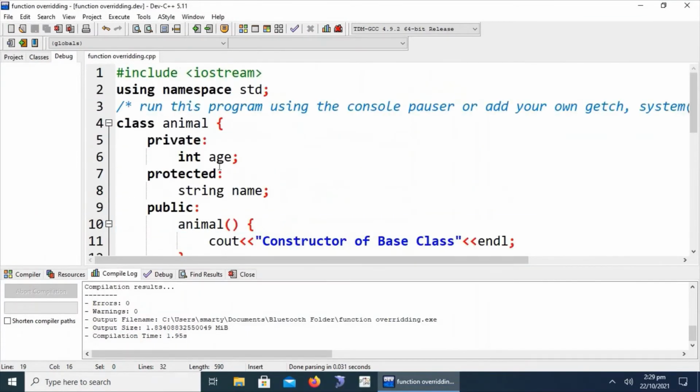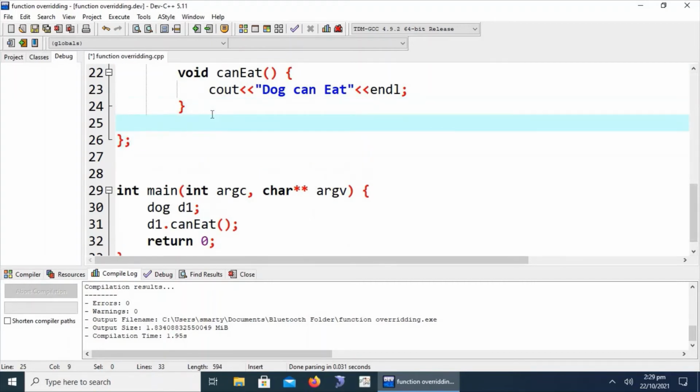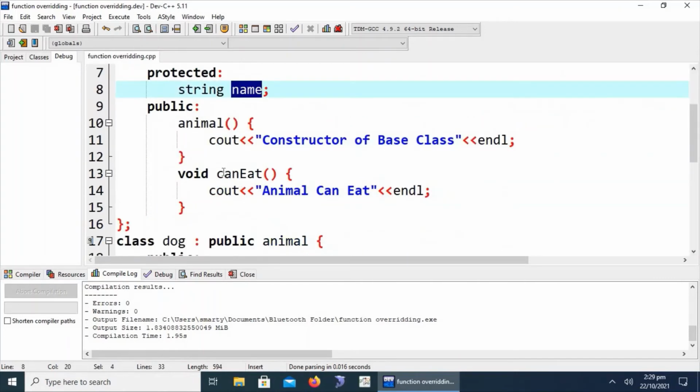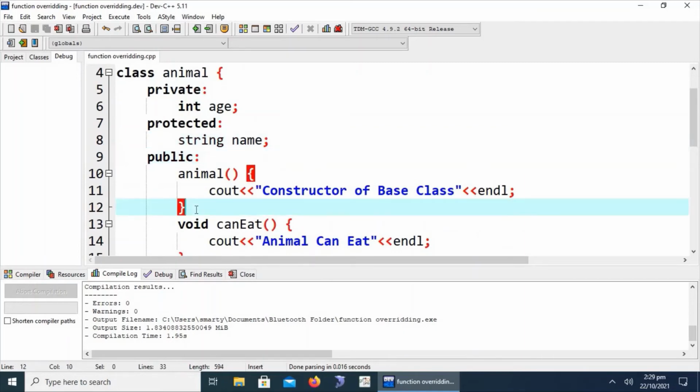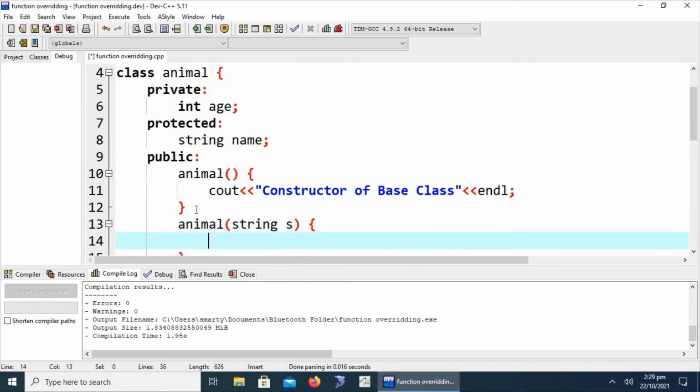Now we will have to change or access the public member or protected member of the base class from the derived class object. If we write here animal string s, name is equal to s.